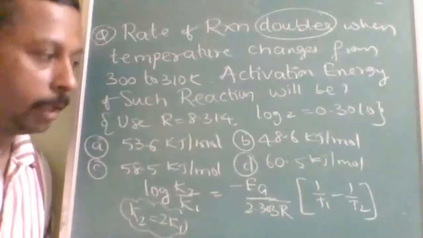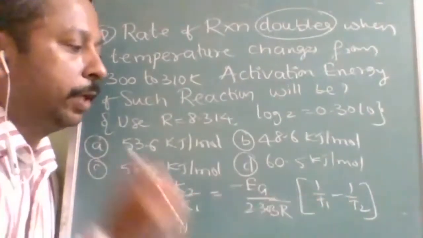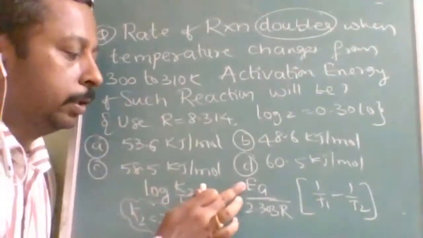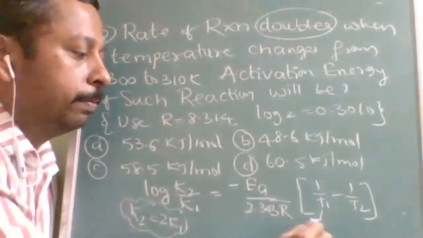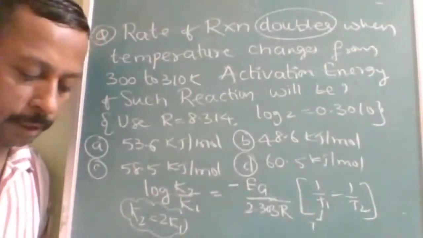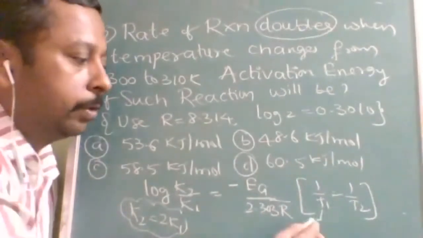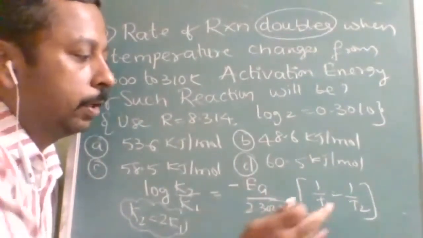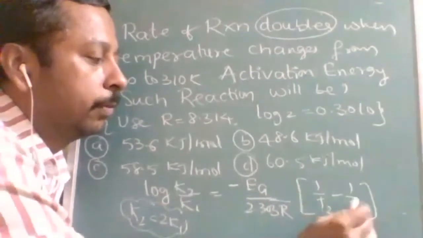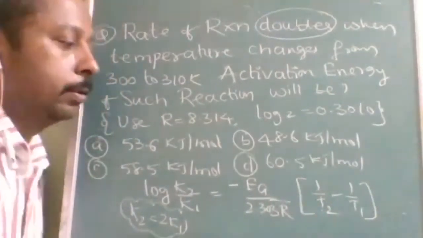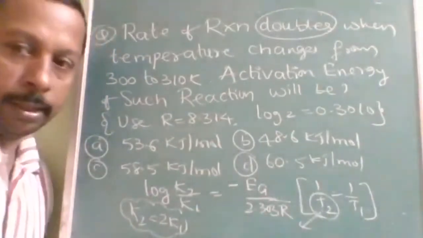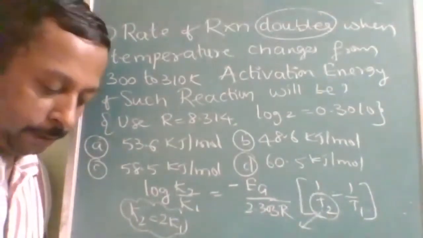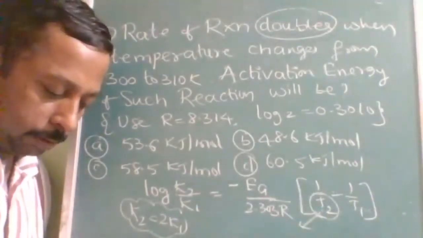You can take either minus. Some books give it as minus here, and if you are taking minus here, T1 should be here. Otherwise, I will go according to the formula T2 minus T1. If the minus is there, then I have given you the derivation in one lecture also.